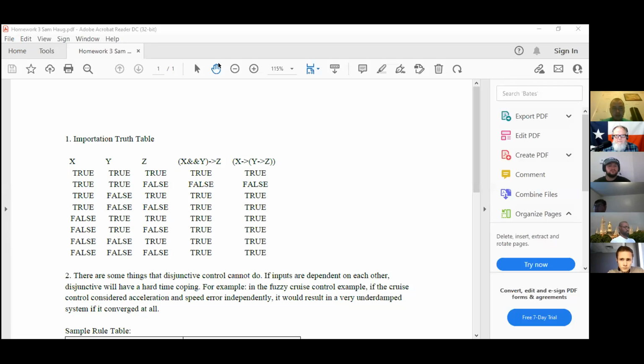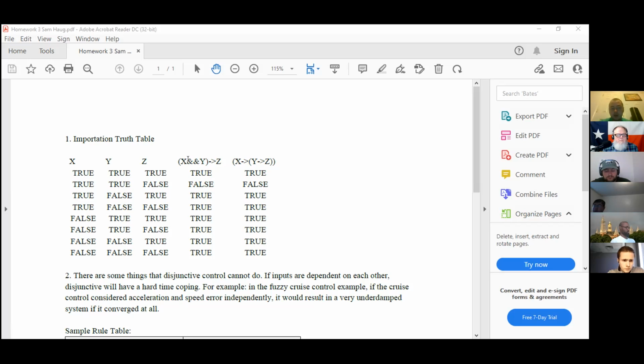Let's see, Sam, Colin. Sam and Colin, do you have a different perspective on that? I did a smaller scale truth table. Okay. So here, I just took importation to be the equivalence of these two statements: if X and Y, then Z, or if X, then if Y, then Z. And so for all the combinations of X, Y, and Z,